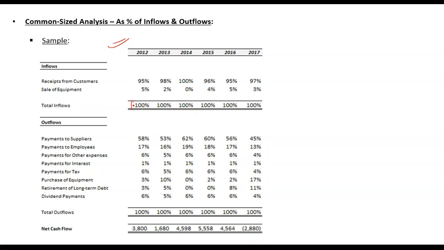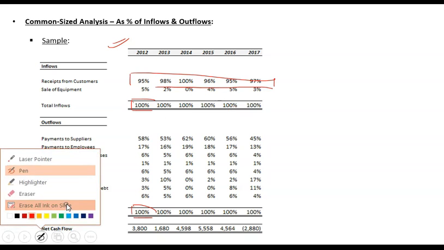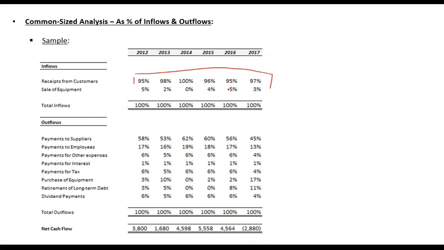So you can keep total inflows as 100% and total outflows as 100% and show all other inflows and outflows as a percentage of inflow and outflow. So if you look into the inflow side, receipts from customers have been the primary driver of inflow, and it should be the primary driver of inflow. And if you look into it, there is no problem with it. It has sustained the percentage, which means there is no significant problem on the inflow side.